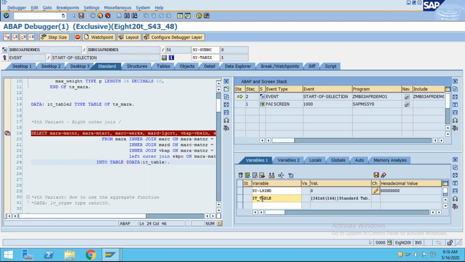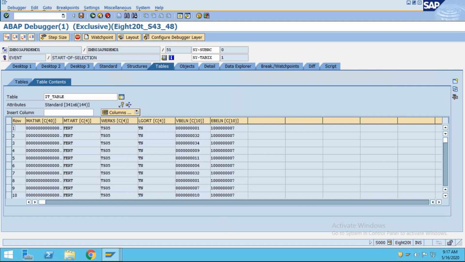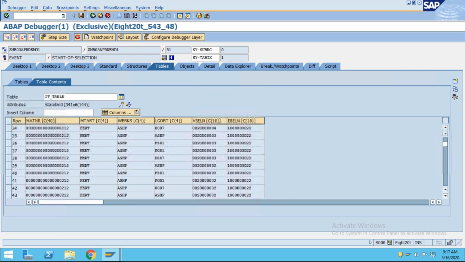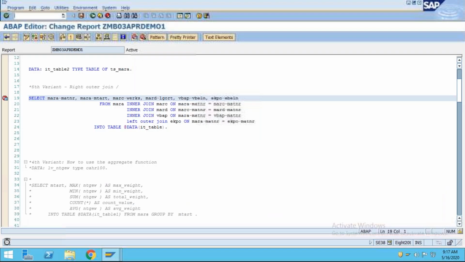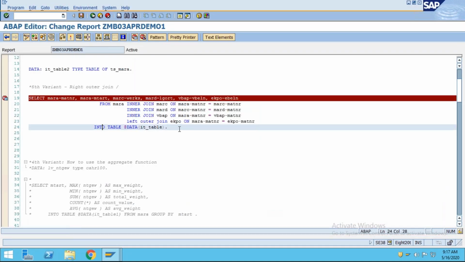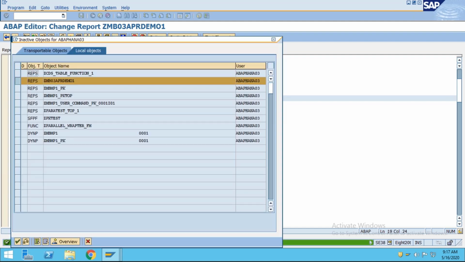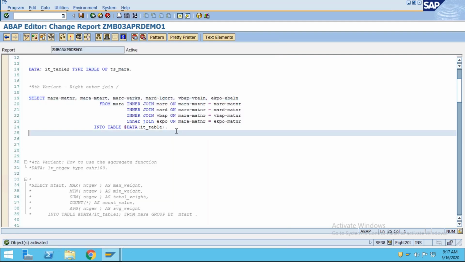IT_TABLE 341, right? Because we have already used another inner join, that's why you are not able to see the condition. But I will show you. Press F8, press F8. Instead of using it here, let it be like this only, inner join, and I will make it a little simpler now, so that you will be able to realize the difference.